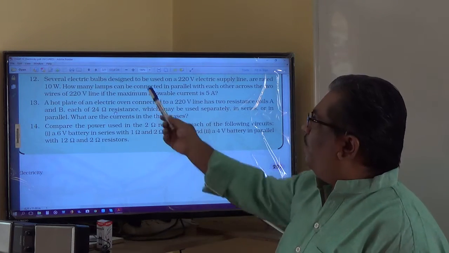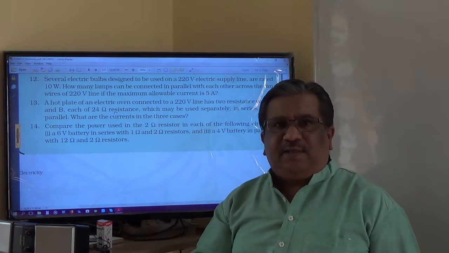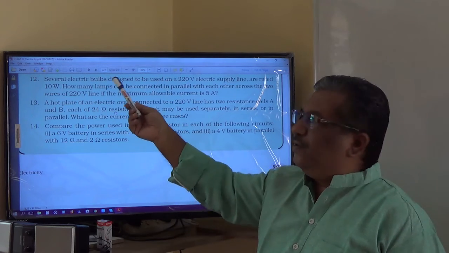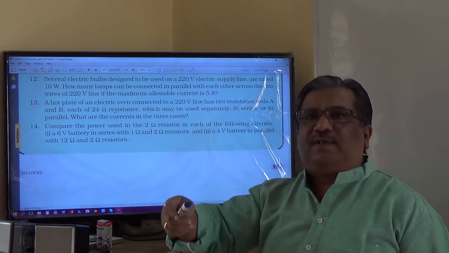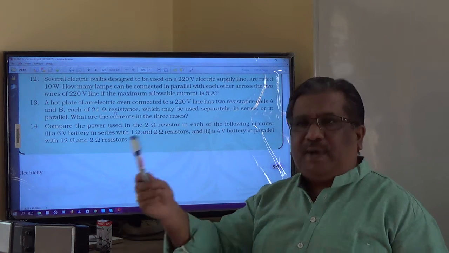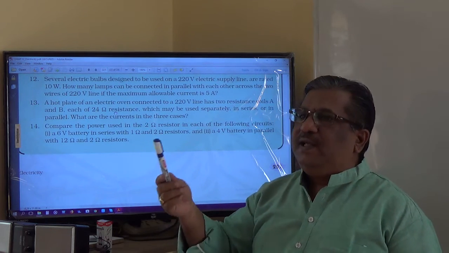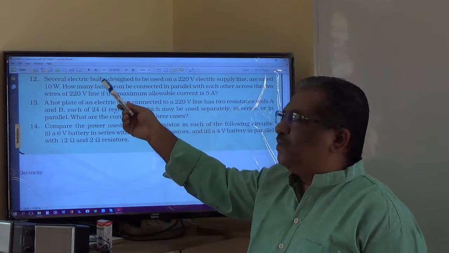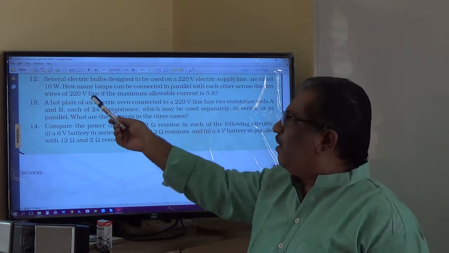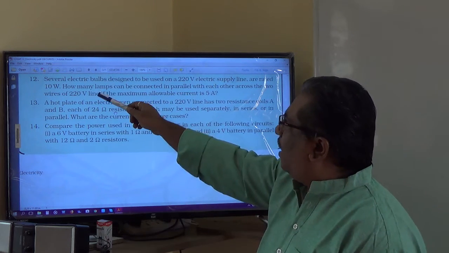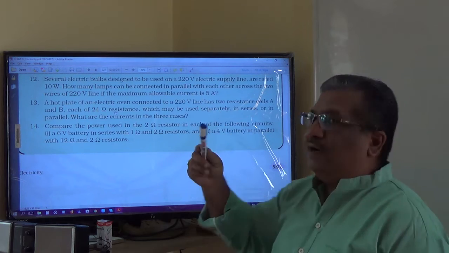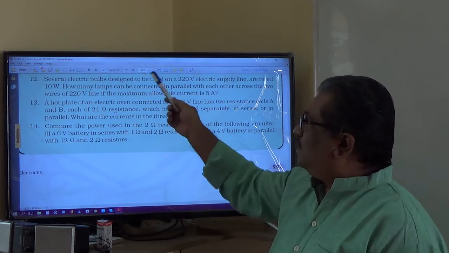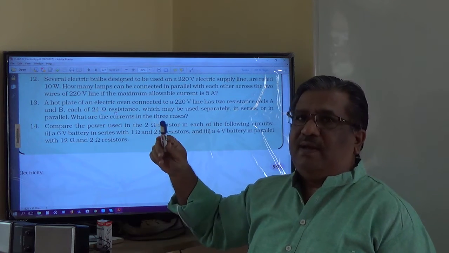See, very simple. Based on the power rating, you calculate the resistance. If n bulbs are connected in parallel, definitely n resistors are connected in parallel. What is the resistance value? P equals V square by R, so R equals V square by P. That formula you use, R you find out. Then n resistors in parallel, you find out Rp basically. Rp is equal to the resistance which you calculate divided by n.